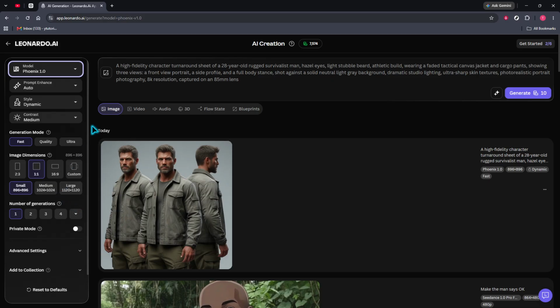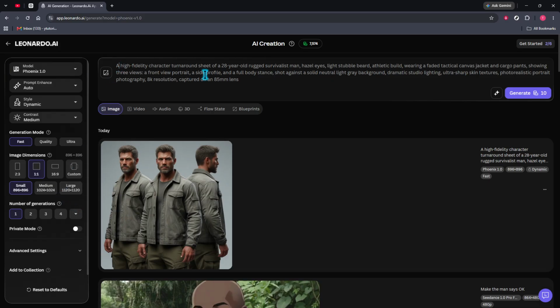Once that's ready, type in your prompt. This is where you describe your AI character in detail. Be as clear as possible about appearance, clothing, style, mood, or any other visual traits you want the model to include. The more specific your prompt is, the easier it will be for the AI to produce a result that